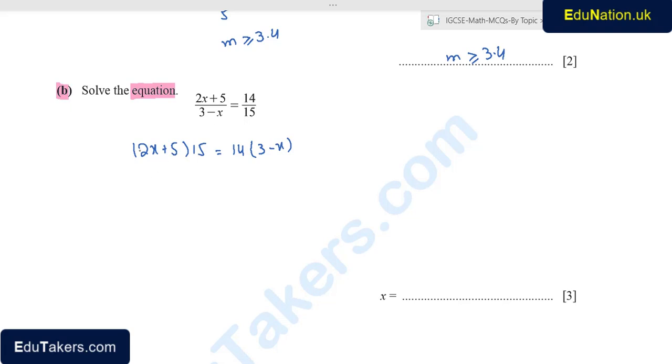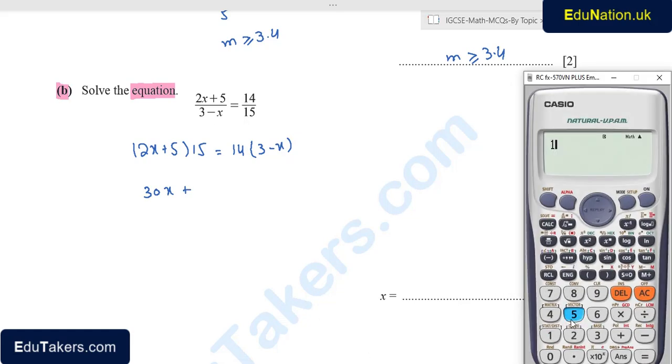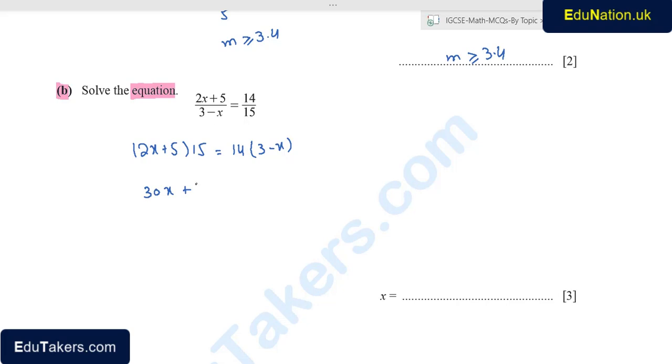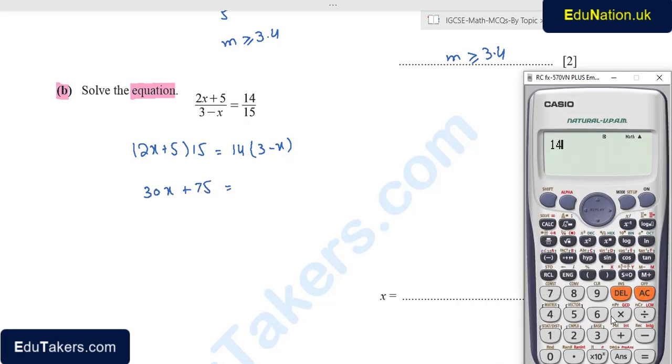Multiplying, expanding the brackets, this will be 30x plus 15 times 5 is 75 equals 14 times 3 is 42